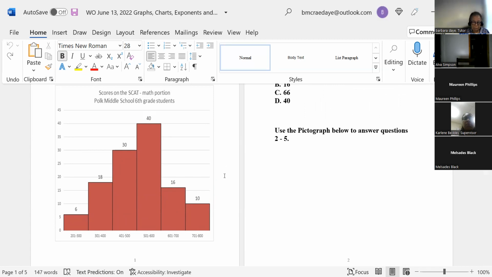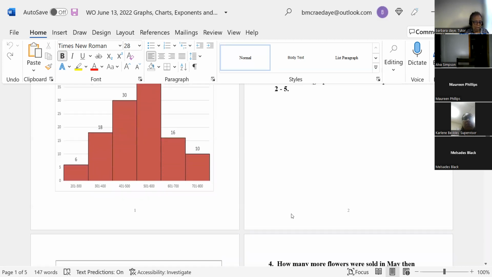So the homework had, from 1 through 5, graphs, and then 6, 7, 8, 9, 10, and 11 were exponents and radicals. Okay, so now the first question here asks,